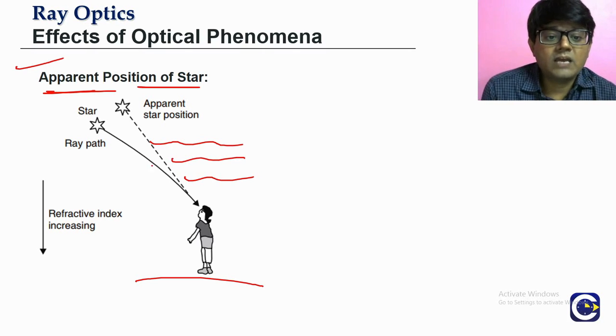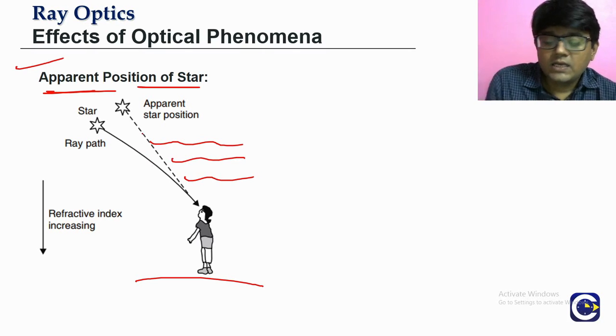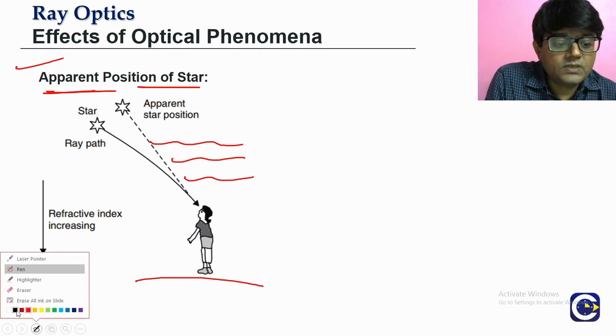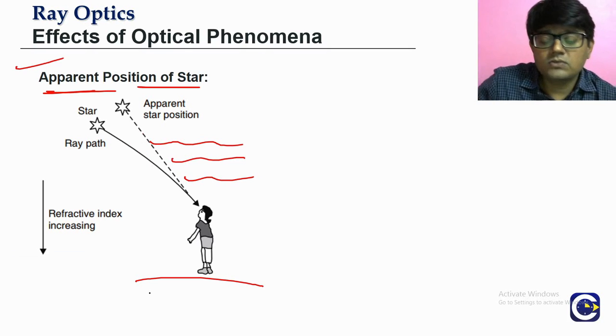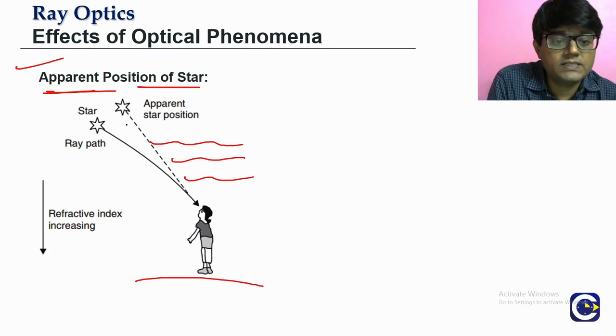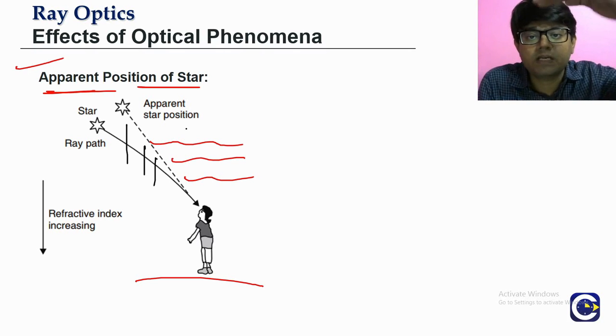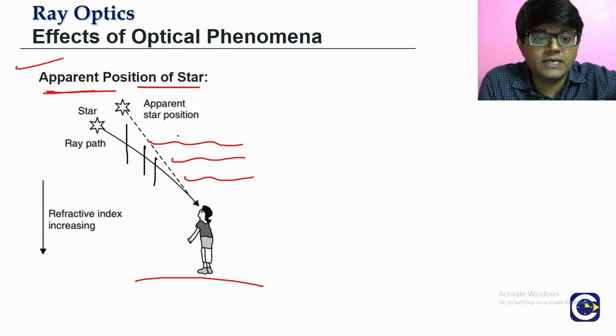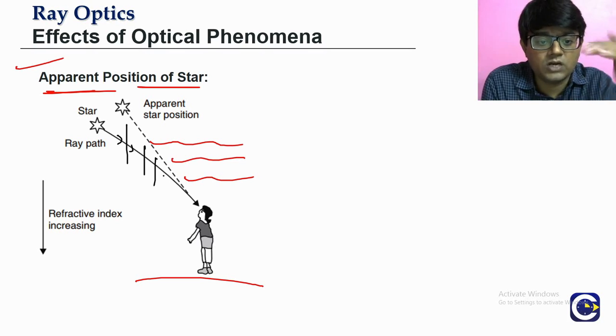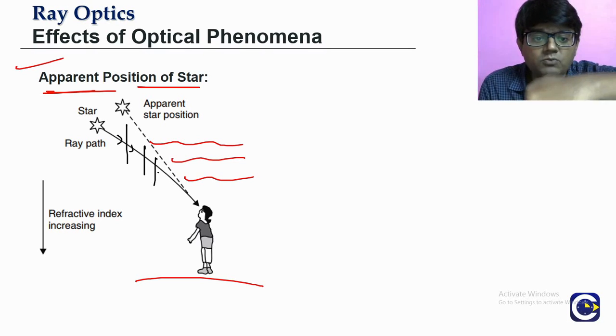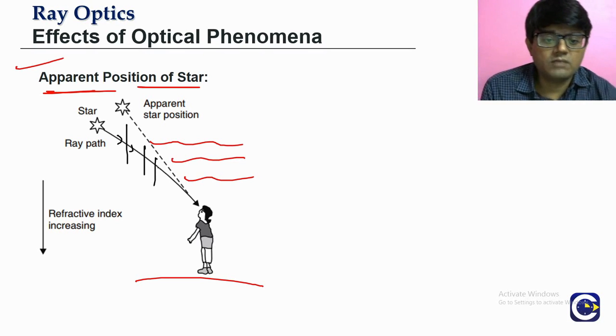So as a result, what happens is when the light ray from the star is passing through the layers of the atmosphere, at each and every layer it will keep getting refracted. Refracted means what? Here it is moving from upper layers that are optically rarer to lower layers that are optically denser, so it will keep moving towards the normal. The ray will keep moving more and more towards the normal, so it will be bending in such a way